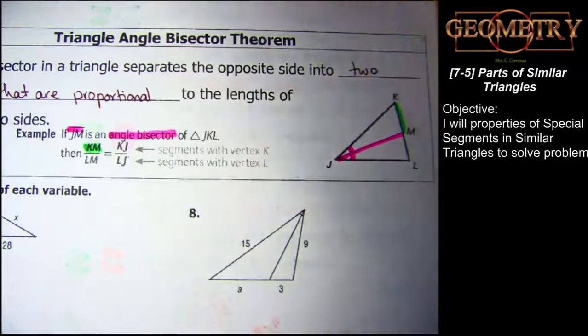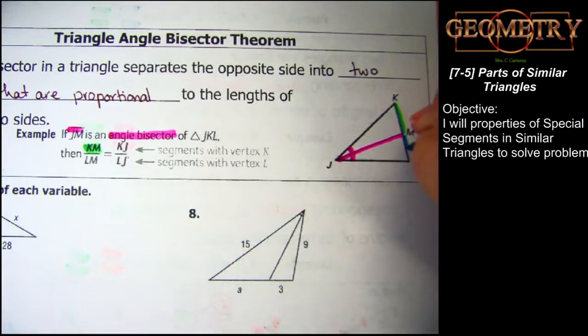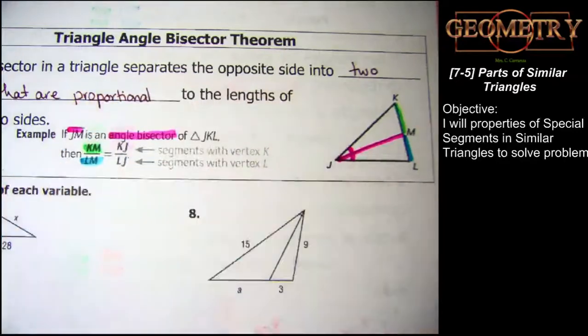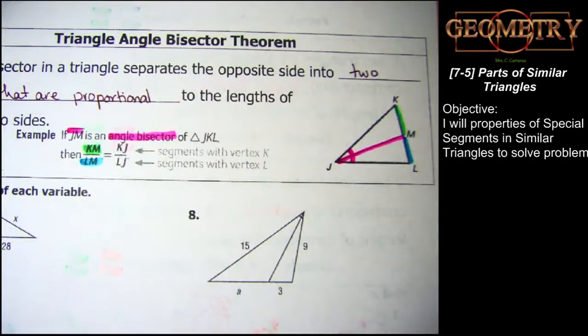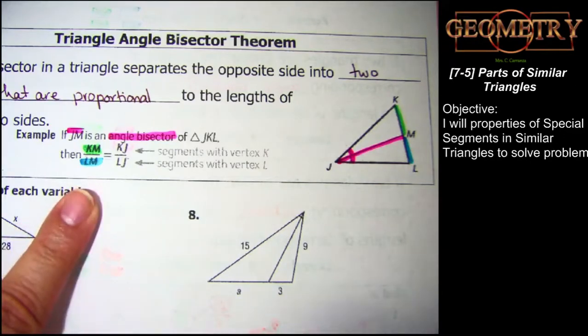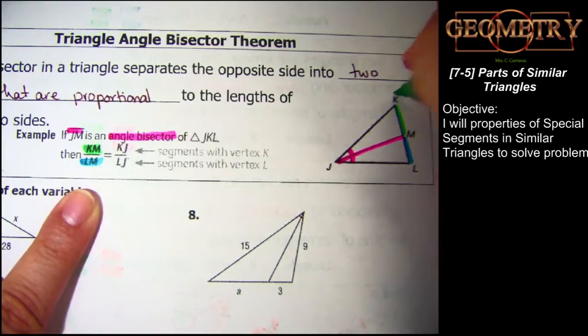And then here is the other side, the side opposite where the angle bisector comes from. Okay? And we put them in a fraction. And this order doesn't matter, which one you put top or bottom. But now that we've made our choice, notice